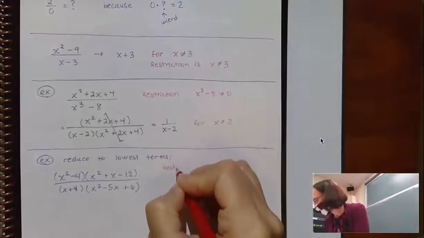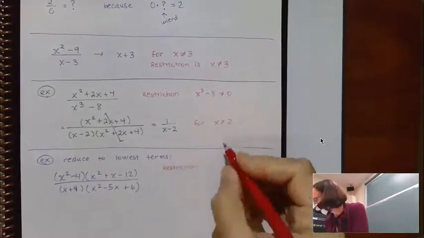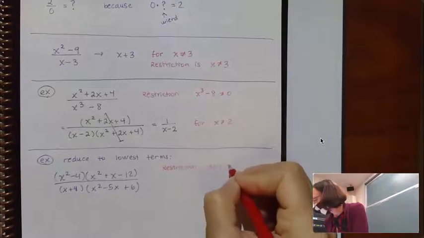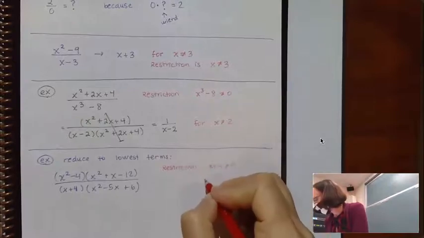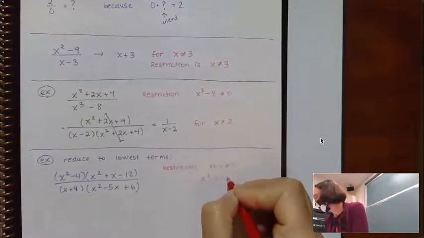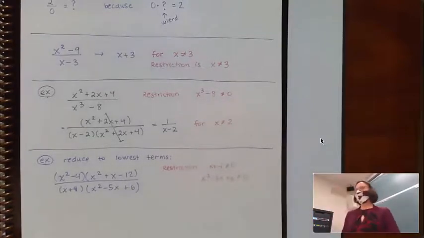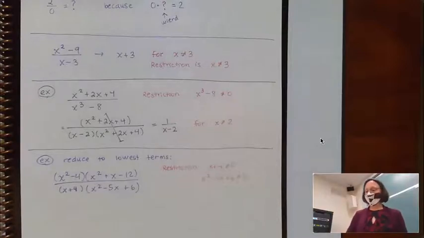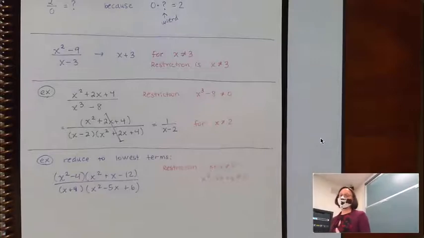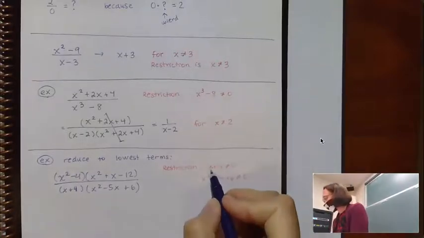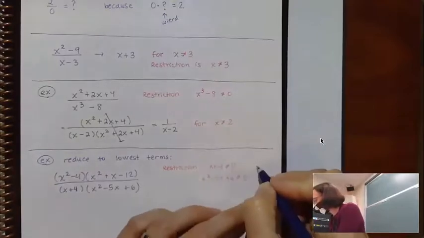And in terms of the restriction, I know that x plus 4 cannot be equal to 0, but also x squared minus 5x plus 6 cannot be equal to 0. Now we can turn both of those into like an actual list of numbers that x can't be equal to. Because if x plus 4 can't be 0, that means that